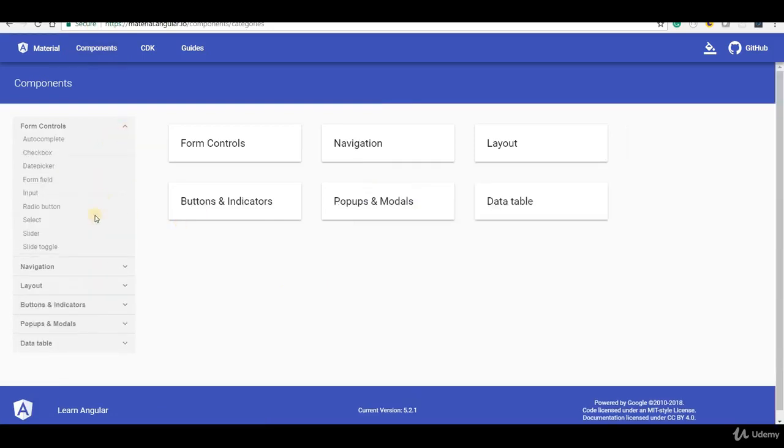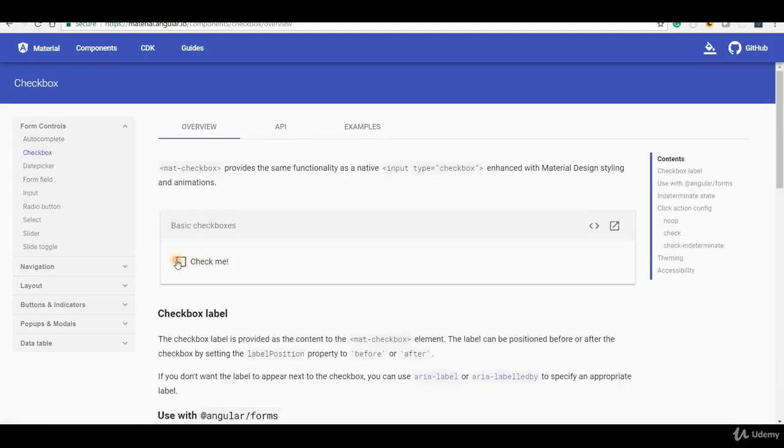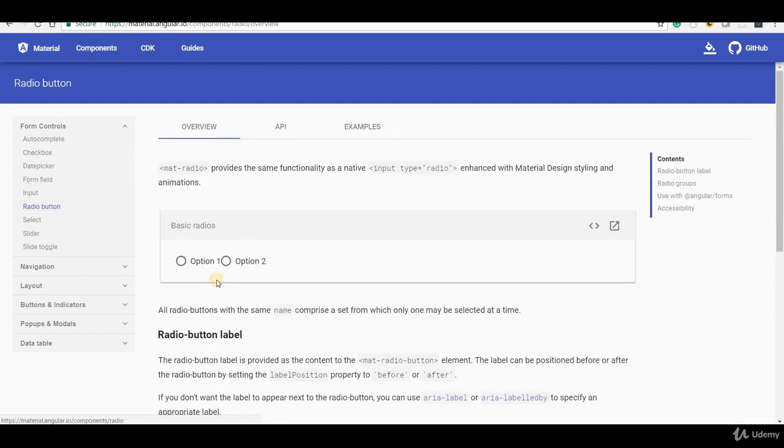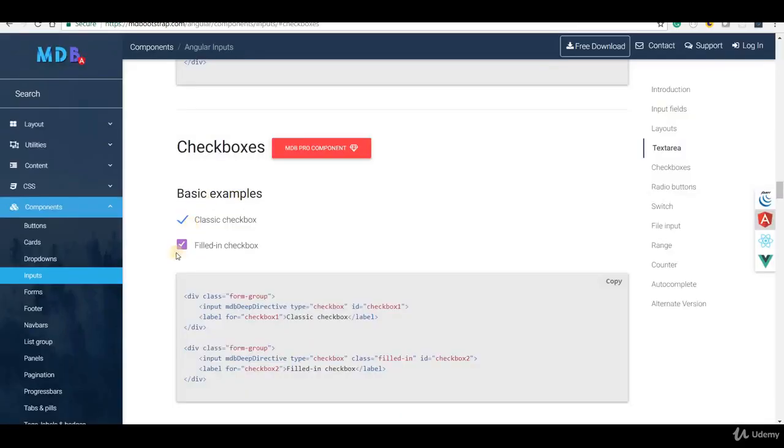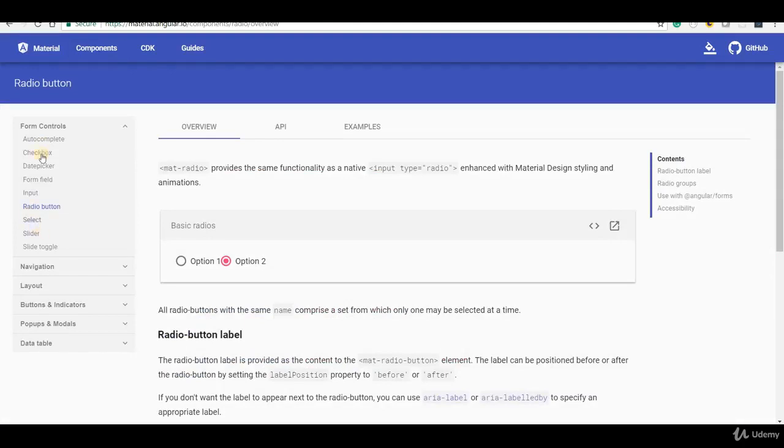So if we have form controls, if we go over to say checkboxes, we can see that checkbox comes as a part of the Angular material package as well. But in this case, it's free of cost, so that is something that can be used instead of the material design bootstrap package. And same is the case with switches. So if we go over to switch, let's say